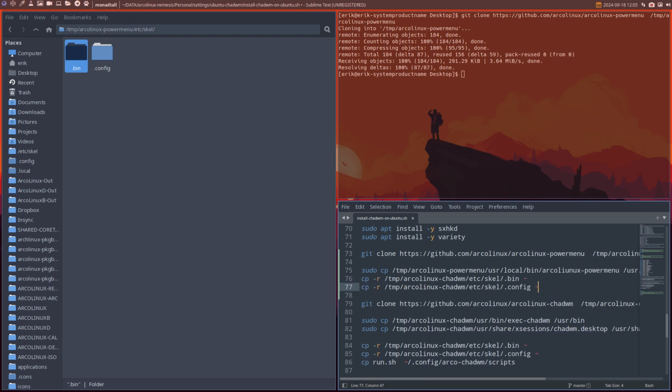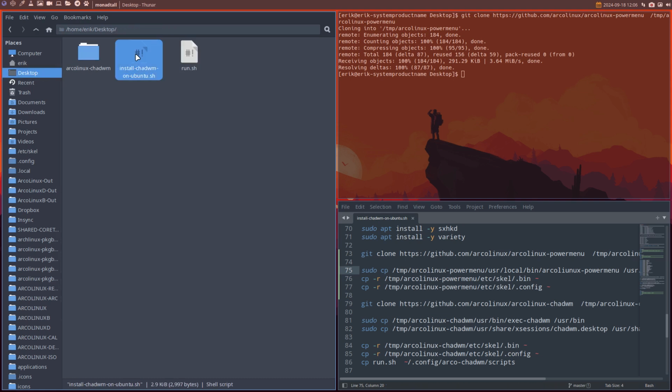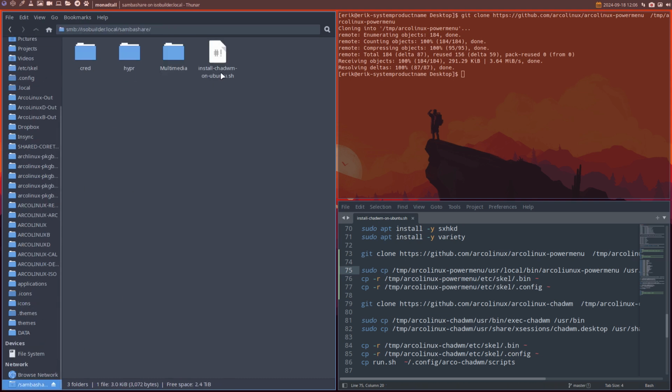That's not a sudo thing, but copy power menu to etc skel bin to there, sure. And then the other one is power menu etc skel to .config, meaning we get this in. Looking good. Save. Everything needs to be moved again from here, Control C, to here, Control V, delete, delete, Control